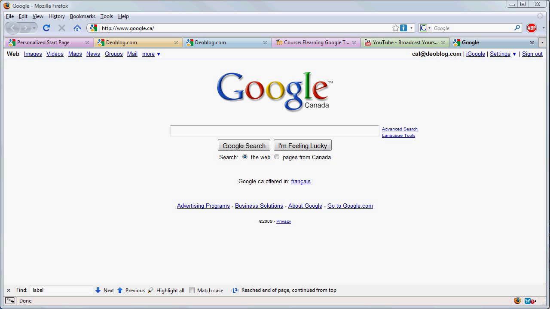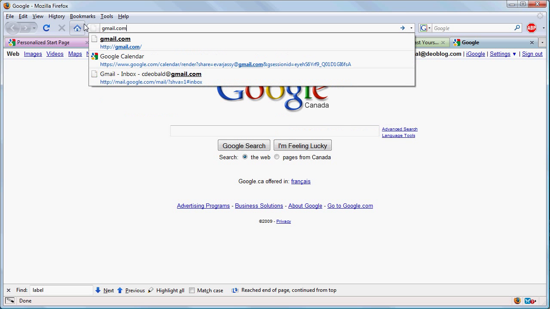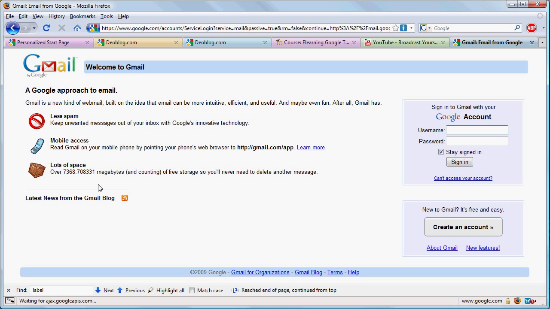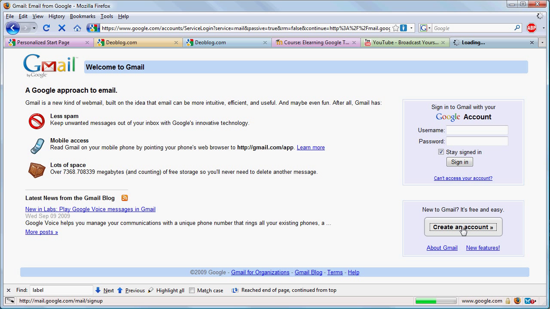In this tutorial, we're going to examine how to create a Gmail account, which is the first step not only in accessing Gmail, but also in accessing Google Apps, Google Calendar, personalized Google Maps, and many other Google applications. So to begin, we're going to visit gmail.com. We're going to click on Create an Account,